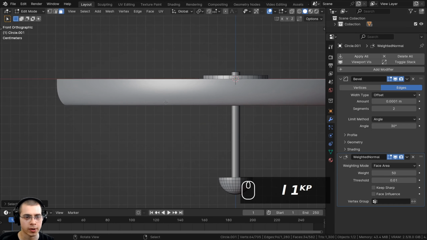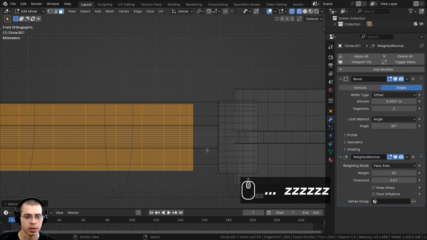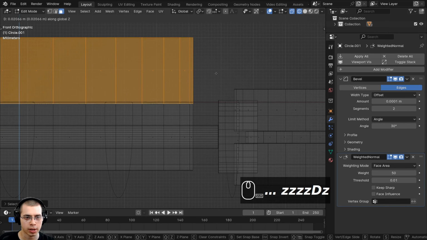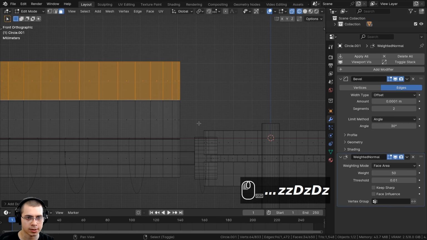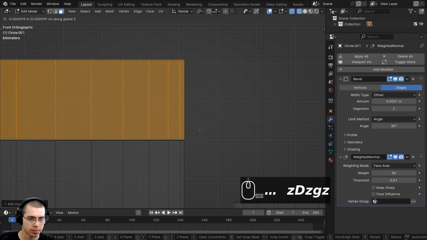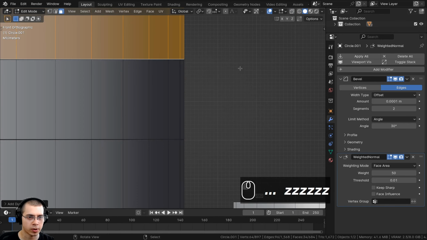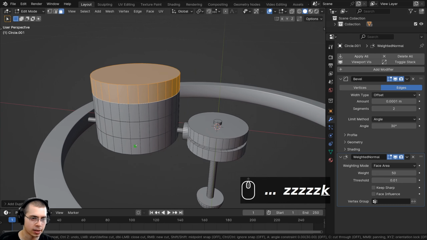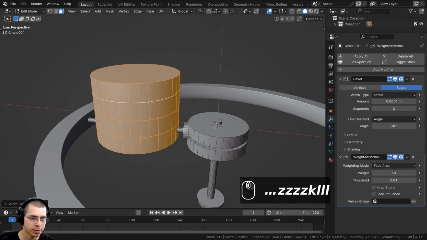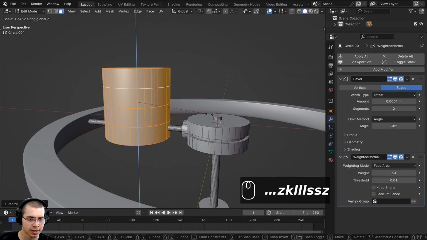Let's press 1 on the numpad to go to front view, and I'll hold down the Z button and move my mouse into wireframe, and I'll press Shift D to duplicate, bring it up on the Z axis, and then again Shift D to duplicate, bring it up on the Z axis, place it there, and one more time, Shift D to duplicate and bring it up on the Z axis. So if I go back to solid view, you can see we now have those weight plates. And I think I want to press the L key with my mouse hovered over these pieces. And I think I want to scale them all down a little bit and then scale them up on the Z axis a little bit.